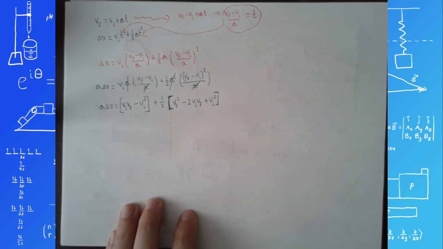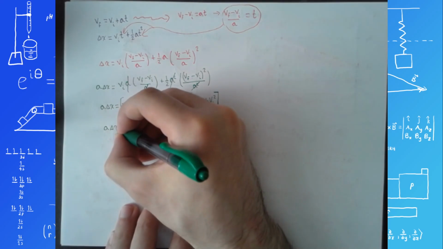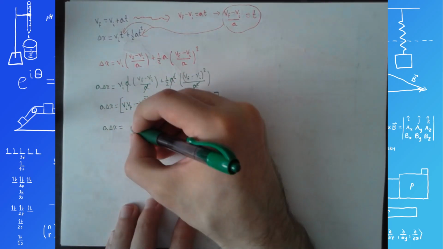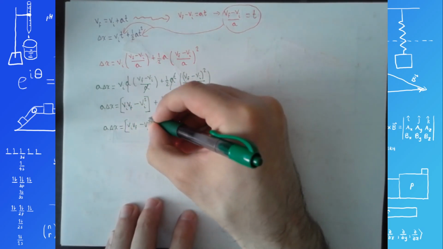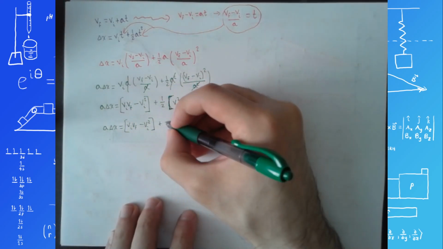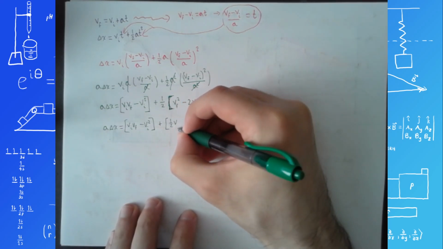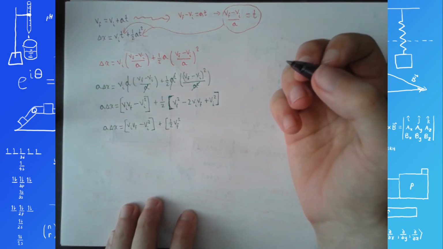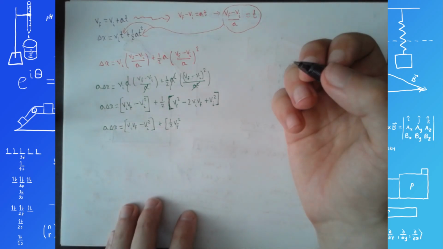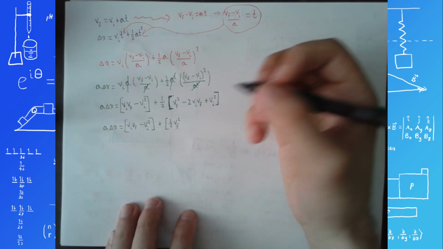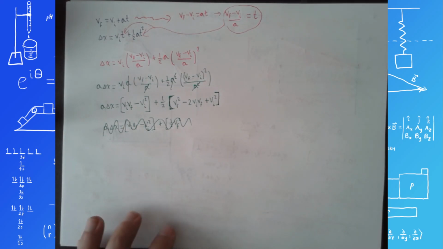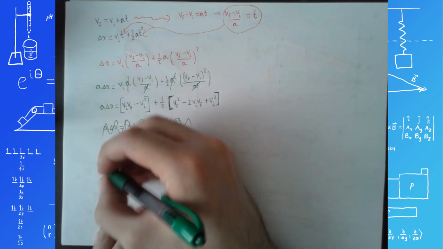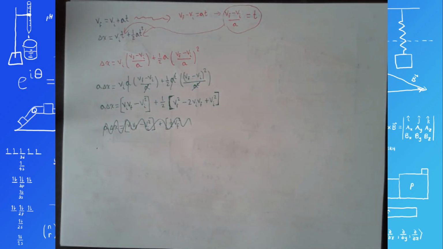Okay, I want to distribute the 1/2, so I get a delta x equals V initial V final minus V initial squared plus 1/2 V final squared. Actually, wait, do I want to distribute the 1/2? Actually, I think the better move would be to just multiply everything by 2. Yeah, I think that's what I'm going to do instead. So scratch what I was about to do. Multiply everything by 2. And so we get, let me switch colors. Multiply everything by 2. So we get